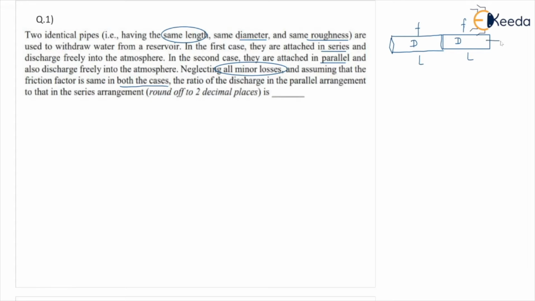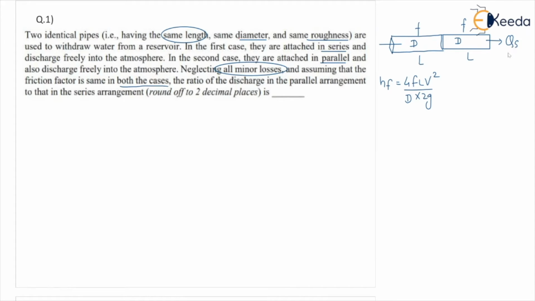So let us say the discharge through this pipe is QS. I'll write series. This is the flow direction and the discharge is QS. I want to find head loss. What is the formula? HF equal to 4FL V square by D into 2G. This is the formula for head loss due to friction, that is major loss. Correct. So there are two pipes. So 4 will be constant, F is also the same, L is also the same, diameter also the same, 2G is also the same. And what is velocity? Discharge by area.